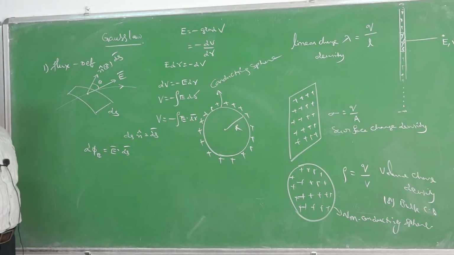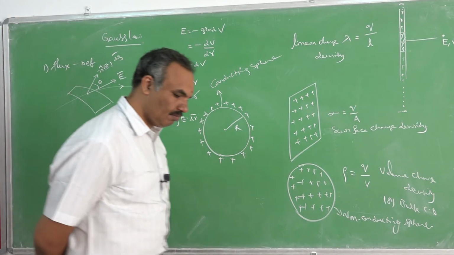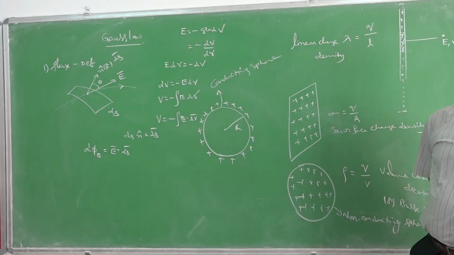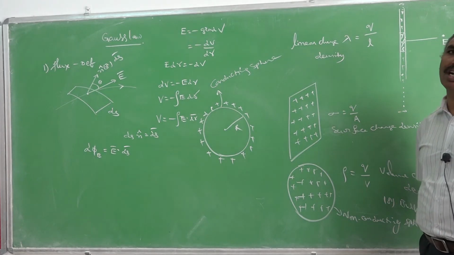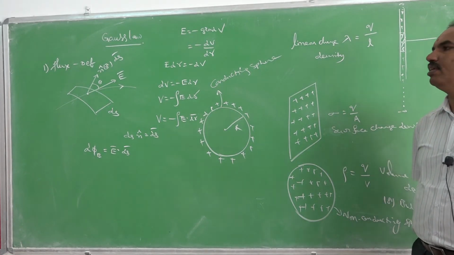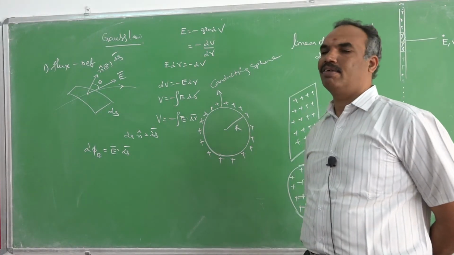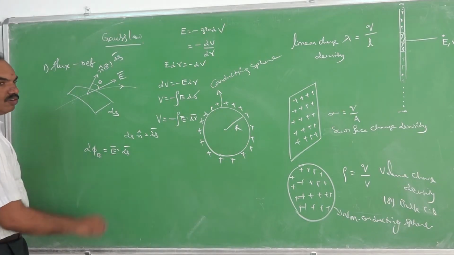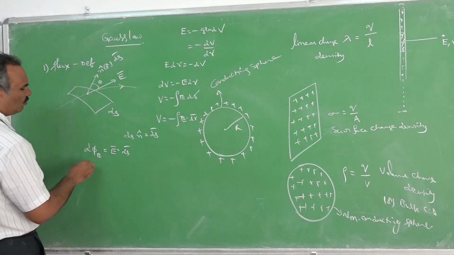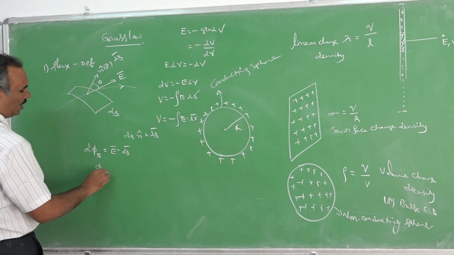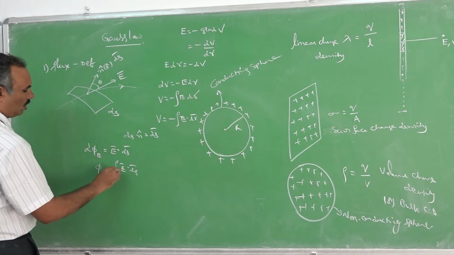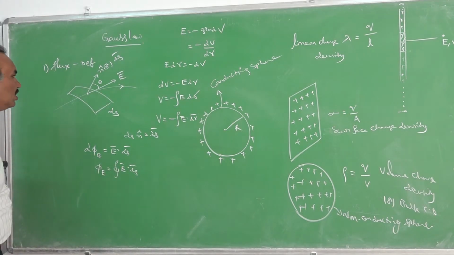So flux passing through any area in normal direction is called electric flux. Flux, in the sense of electric lines of force that are passing normally through a given surface, is called electric flux. So the general formula for calculating electric flux is phi E is equal to E bar dot ds bar. Through the entire surface, if you want, you should do integration on both sides. On integrating this, you will get phi E is equal to closed integral E bar dot ds bar. This is a closed integral. This is the electric flux through this surface.